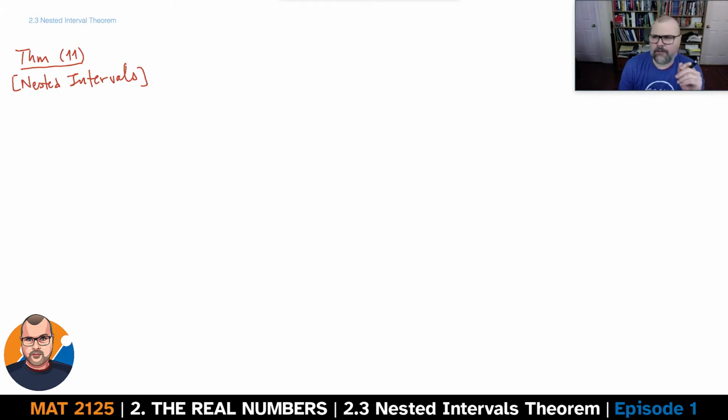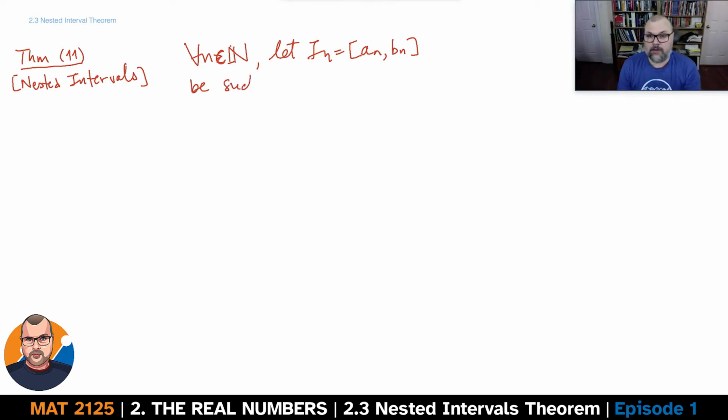The statement of the nested intervals theorem is the following. For every integer n, let I_n be an interval [a_n, b_n]. This is a closed interval, closed brackets. If the sequence of intervals I_n is such that the first interval in the sequence contains the second one in its entirety, which itself contains the third one in its entirety, and so forth,